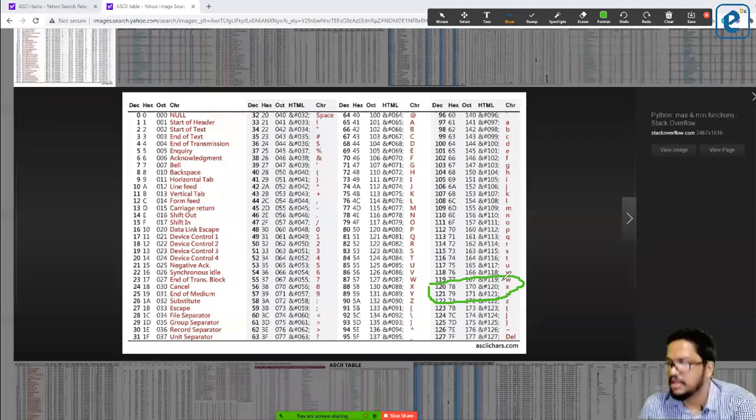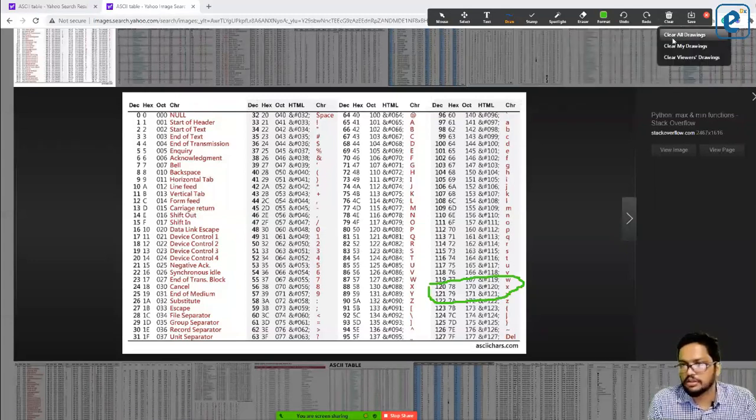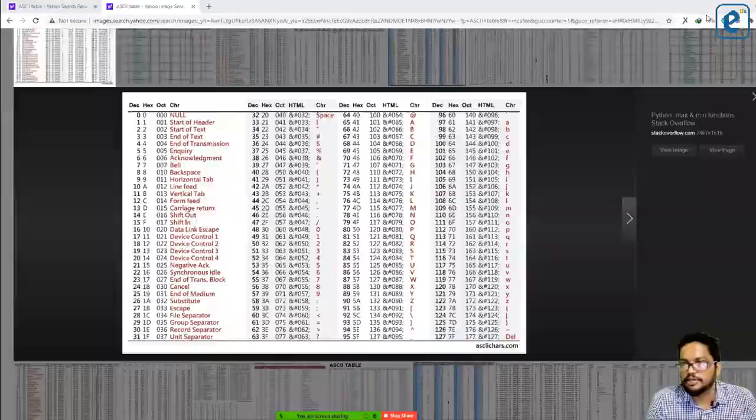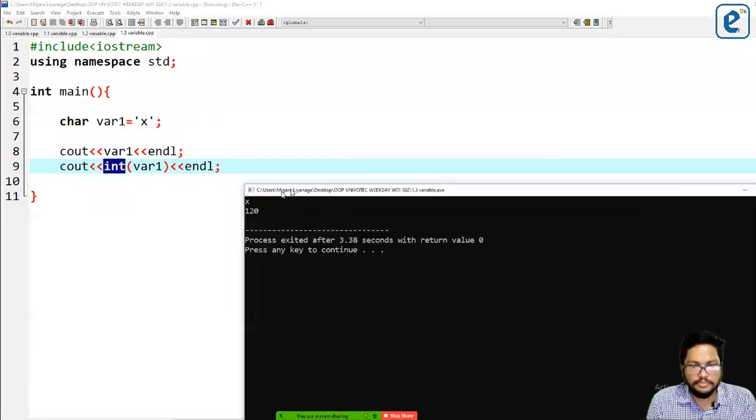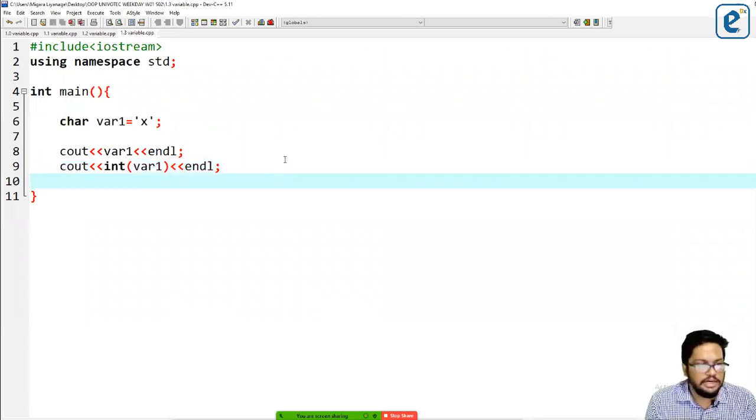So that means these characters are being held using an integer number actually. The character is saved as a number. When it says a character, what it actually saves is a number. Right? Understood.